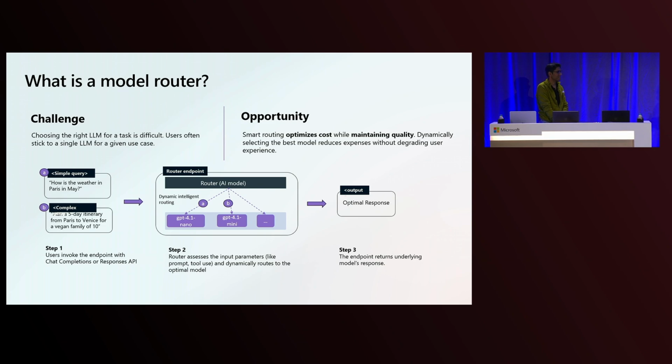So as a developer, do I have to pick whether I'm using the reasoning model or the chat completions model? No. That's the value of Model Router. Based on the query complexity, it knows if it needs to go to a reasoning model or a simpler model like 4.1 Nano. So that's the value that it brings. Can you actually show us how this works, Setu? Yeah, absolutely.